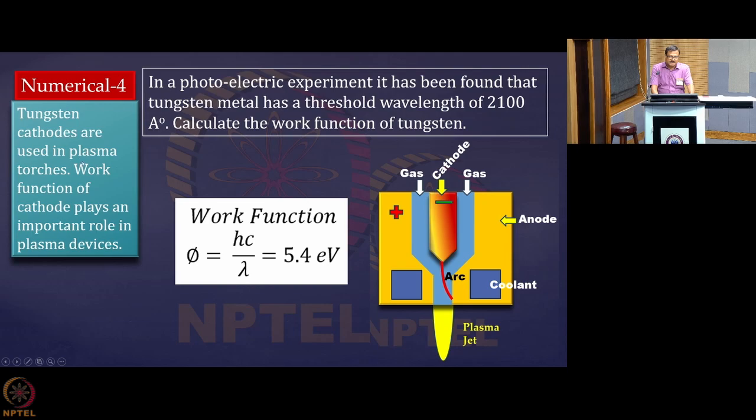Now you know that this tungsten, for which we have calculated this, is a very common material used as cathode in plasma devices. Like this one I have shown in your classes, this cathode emits electrons and is made of tungsten. Why? Because it has very good thermal conductivity, electrical conductivity, and emission properties. And emission properties come from the work function. And here what you are seeing is quite large actually, 5.4 eV. It's not good enough.